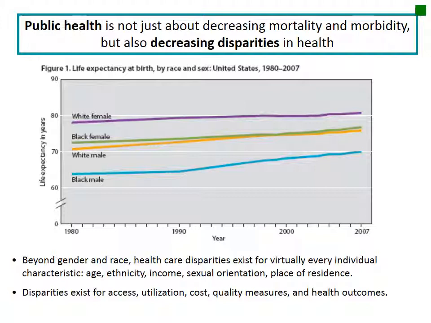And this is good evidence that shows racial as well as gender disparities in life expectancies between Caucasian and African Americans, for example. Again, there are other areas of disparities as well, such as access, utilization, cost, quality measures, and health outcomes. All have, those of you who have taken my economics class can hopefully appreciate the disparities that occur in those areas